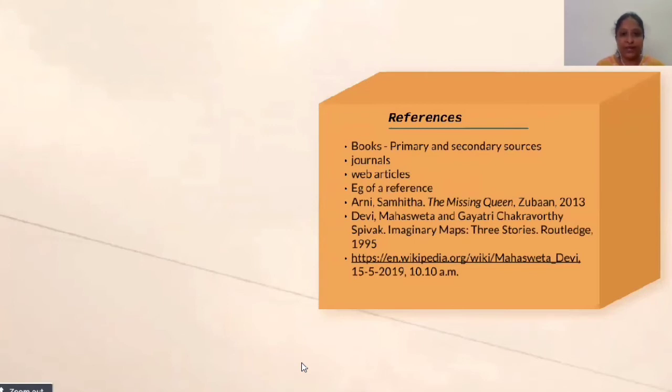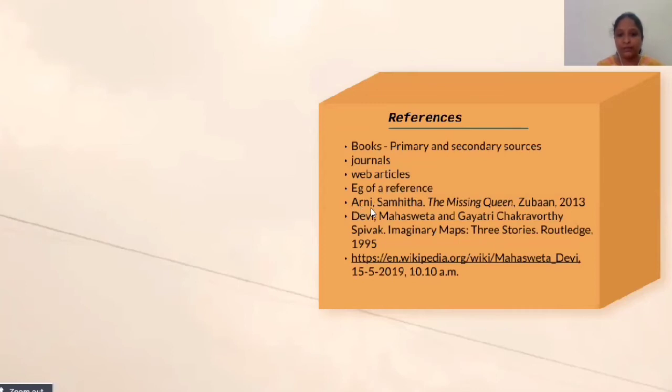What are the books that you have referred while you were writing the paper? You can have primary sources and secondary sources. In case of literature, the novels and the short stories that you have read or the poems that you have read come under the primary sources. And secondary sources are those works wherein the others write about these particular authors. What others have said about these works. So those are called secondary sources. They can be books or articles. And we can also refer to some journals and web articles. So these are the ways in which you can represent the books that you have referred.